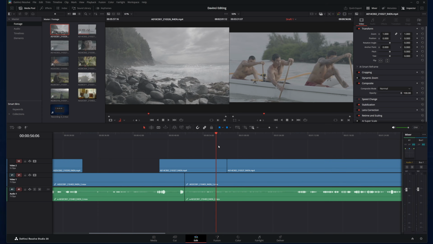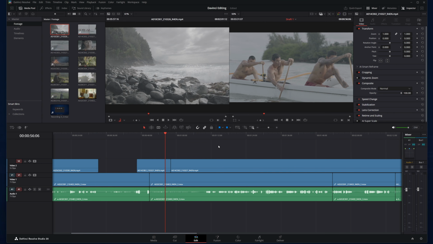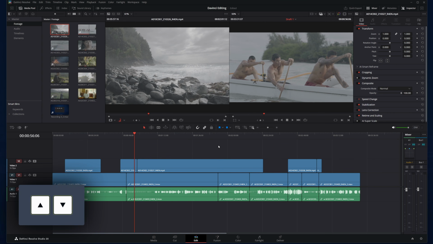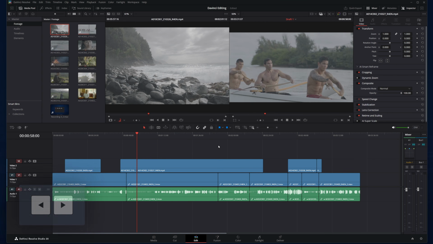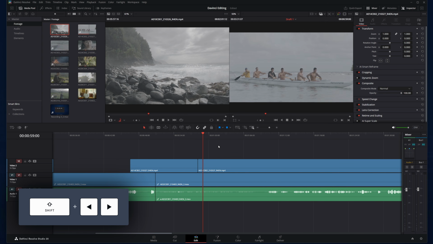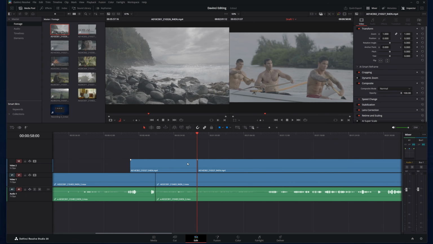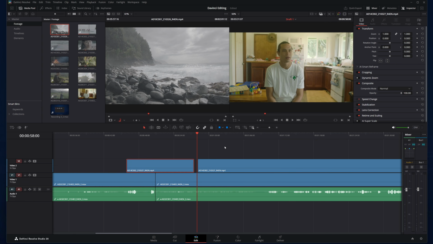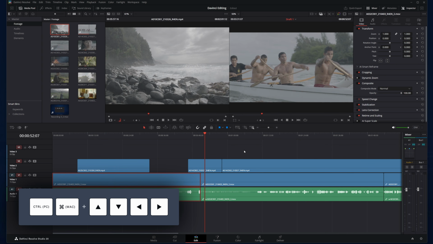There are a few other little shortcuts related to timelines. We'll cover some of those now. As I said before, arrow keys up and down go to different cut points. Arrow keys left and right move the playhead one frame, and shift arrow moves it 1 second in either direction. And to move a clip you've selected, comma and period keys move it 1 frame. And holding shift moves it 5 frames. And Control or Command arrow keys let you select different clips.